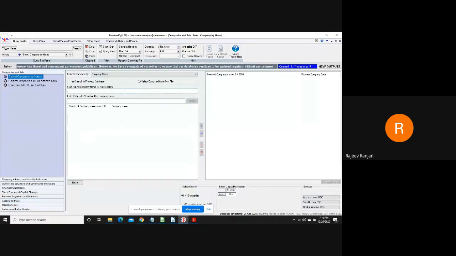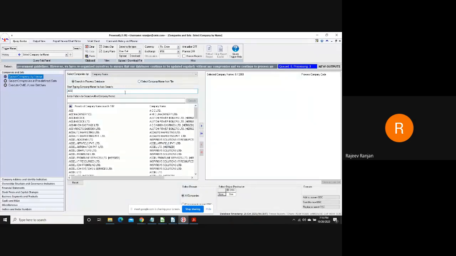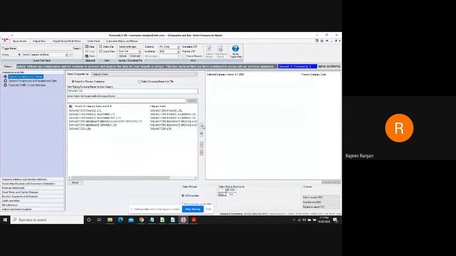Now, to start with the basic query, if I have to look at a company, I can simply type in the name of a company like we did on the website also. It's kind of a Google search. So it searches from the list of all 51,000 companies in the database. It does a text search. So when I say ACC, it will search for all names which start with ACC in their name. If I type in, say, Tata Motors, I'll get Tata Motors.